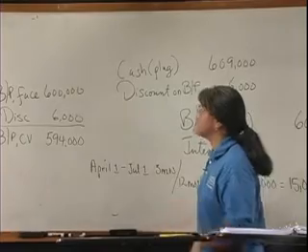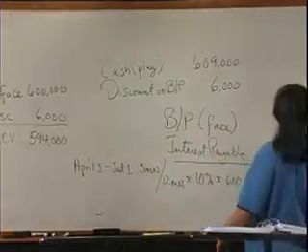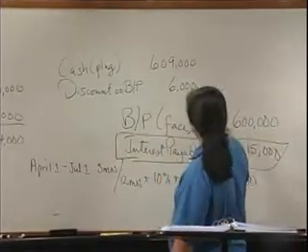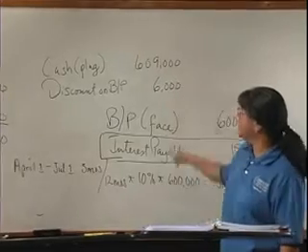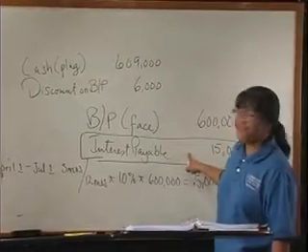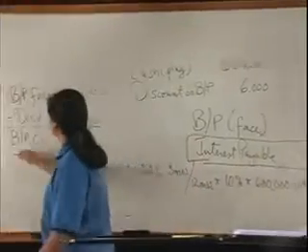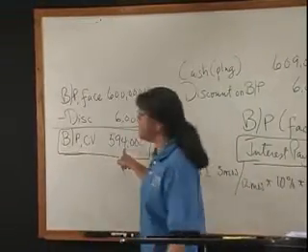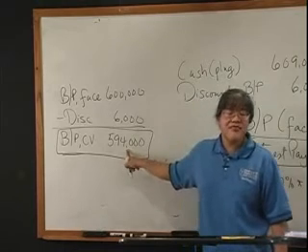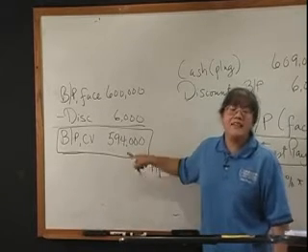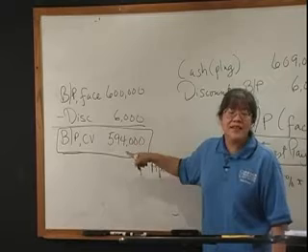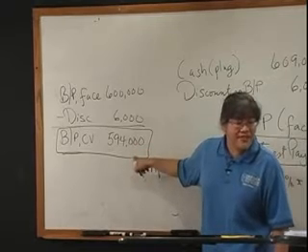Now, let me tell you something. It's the 600 minus the 6 is a 594. This interest payable of $15,000 is completely different from this bonds payable carrying value of $594,000. The reason that they're different is this is a long-term liability. This is a long-term liability. After all, this thing is not going to be due